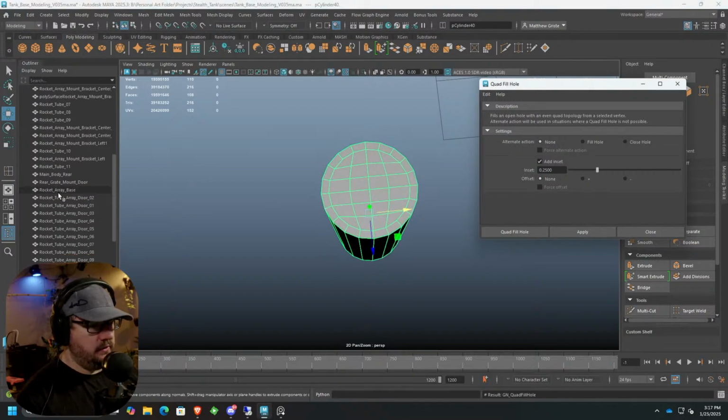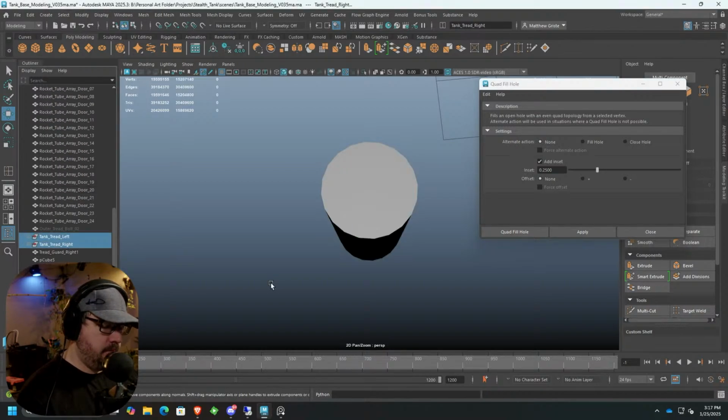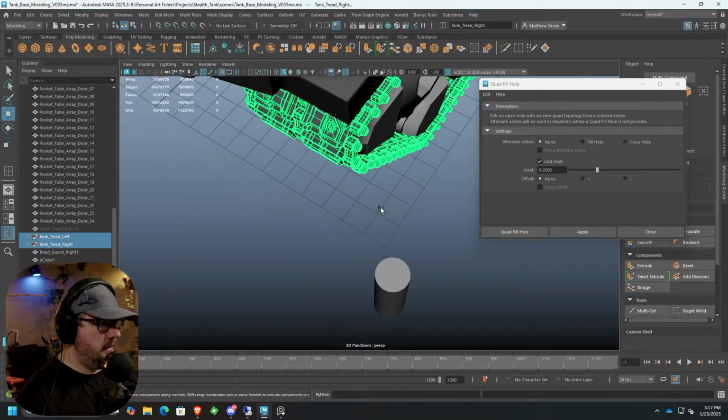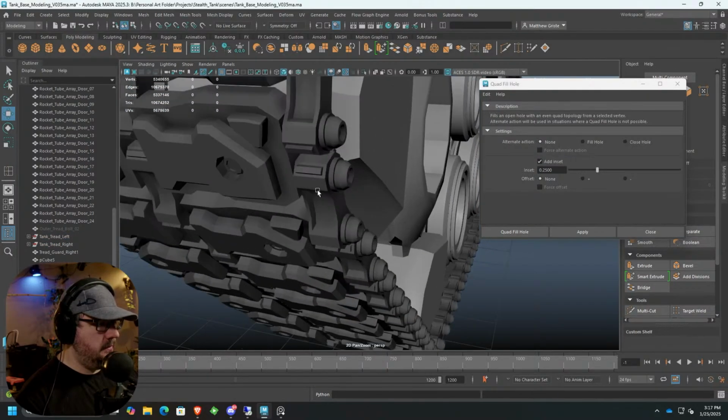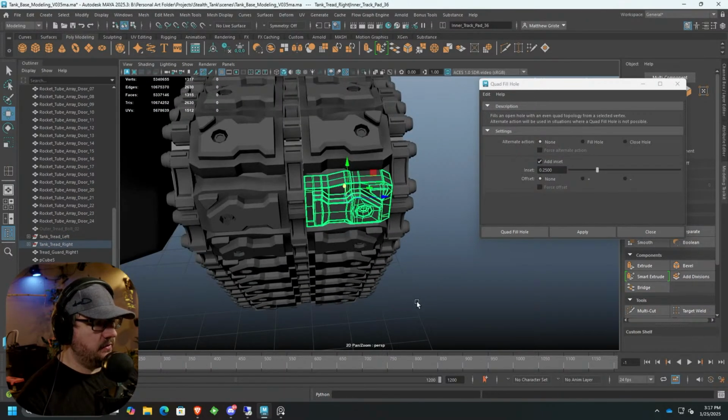Alright, I think I'm going to unsmooth the treads because they're running like crap. Yeah, that should be much better. Honestly, they look pretty fine unsmoothed, but